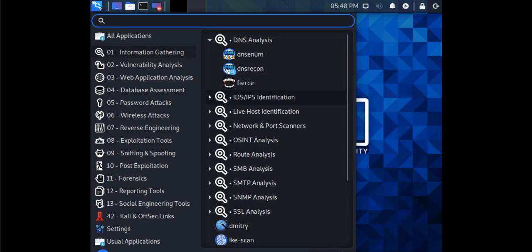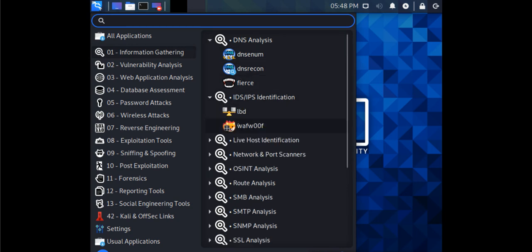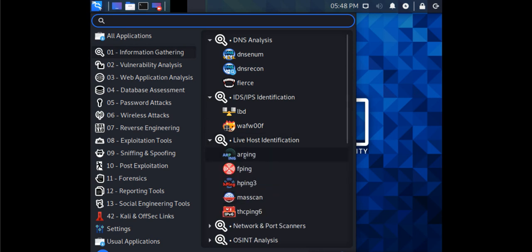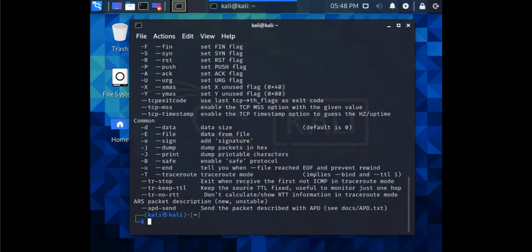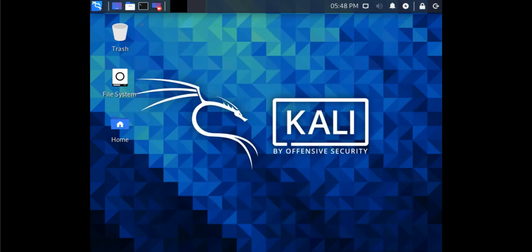These are command line tools. When you click this, it will open in the command line. So they are not graphical tools, they are mostly command line tools.